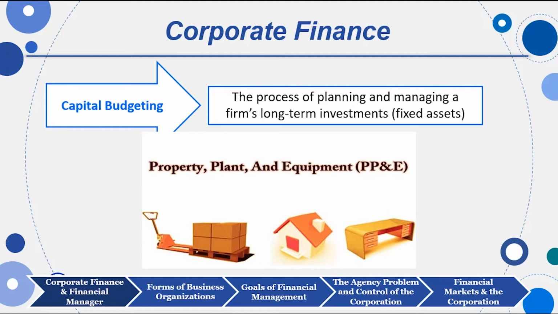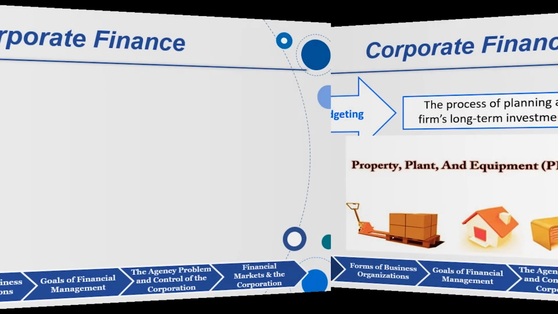So remember that when we talk about capital budgeting, those are kind of fancy words for looking at property, plant, and equipment. An example on the Penn State campus might be the new Pegula Ice Arena, which cost just over $100 million. Some major property, plant, and equipment, a beautiful facility. So it's a wonderful opportunity for our student athletes to be able to play in that brand new facility.